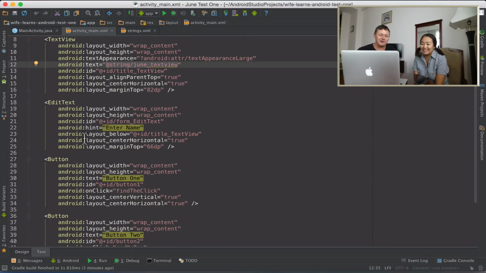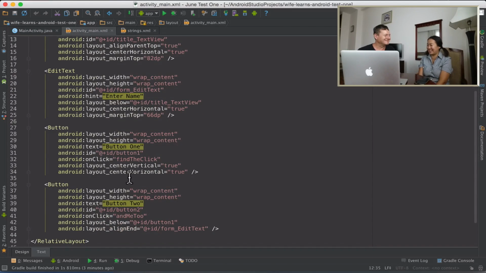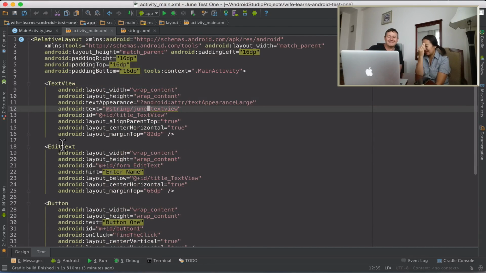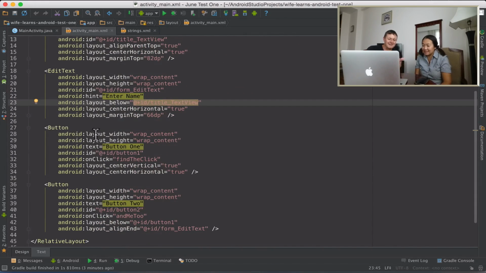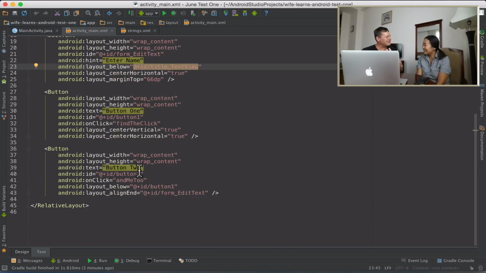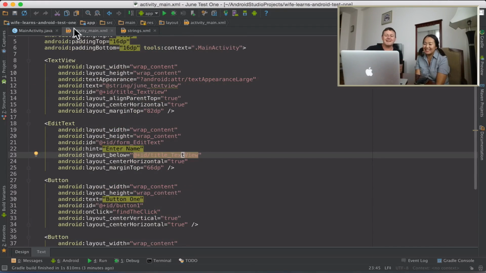Would you also be able to do the same for edit text and button? It's the same pattern, same method, same way. You've got the center horizontal, margin top, layout below, layout width, layout height. Can you see the same patterns? Width, height, layouts. Buttons are the same. The only thing different is